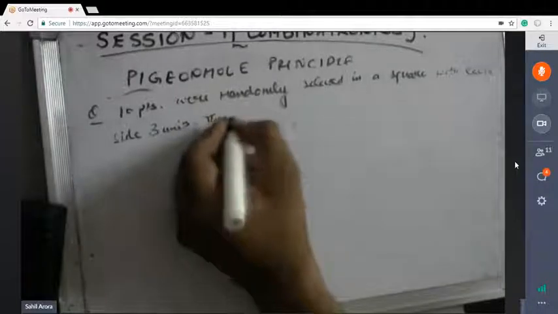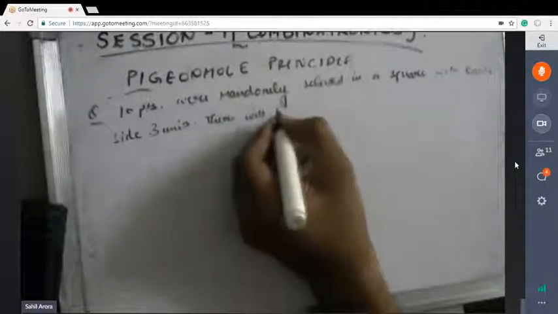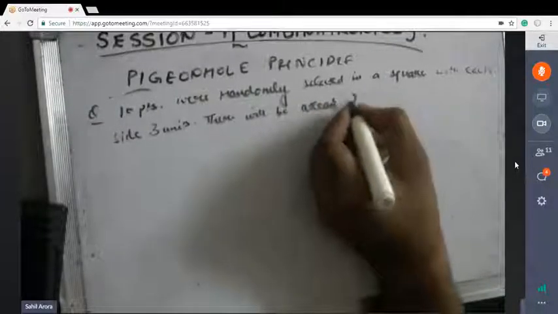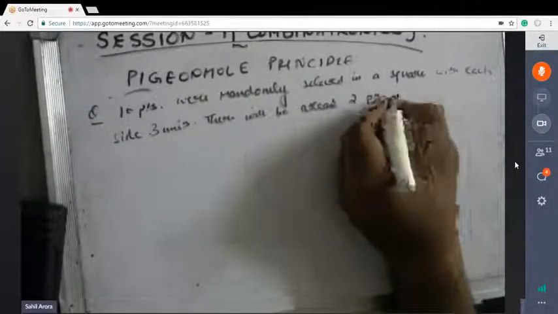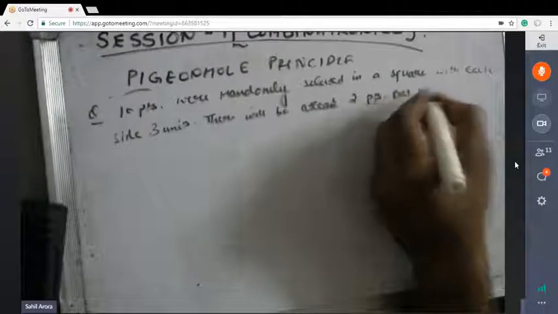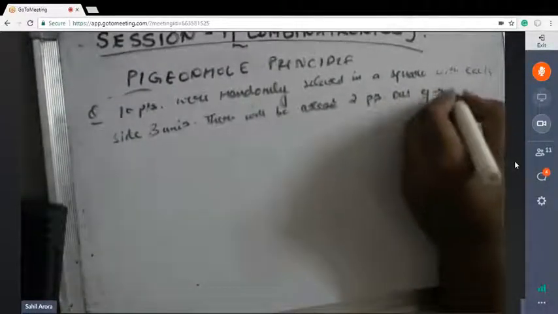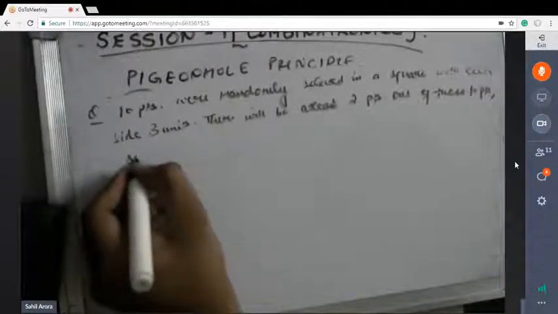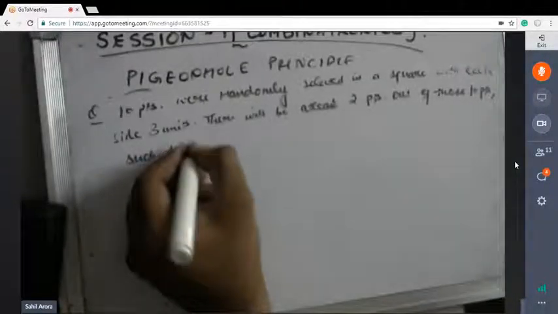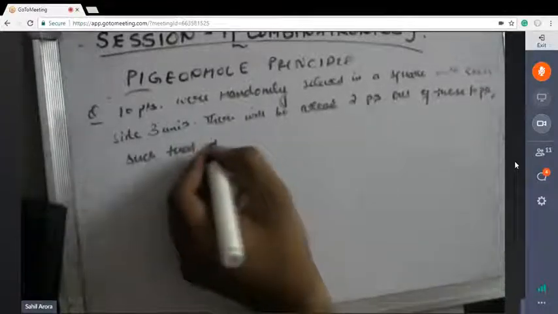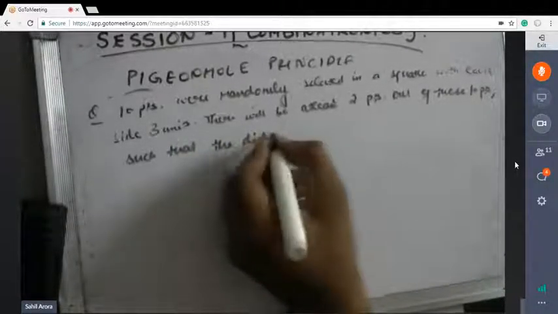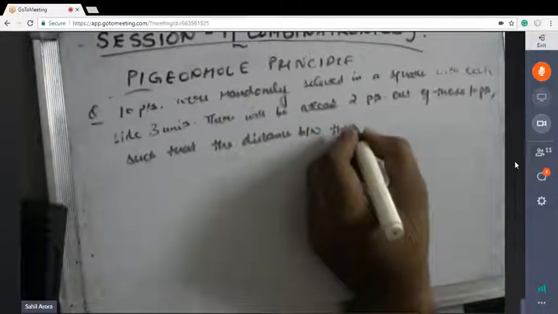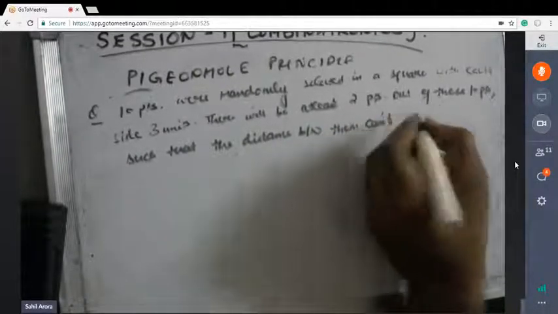There will be at least 2 points out of those 10 points such that the distance between them can't exceed